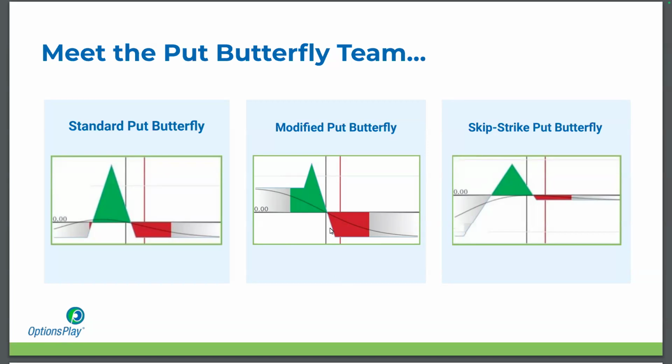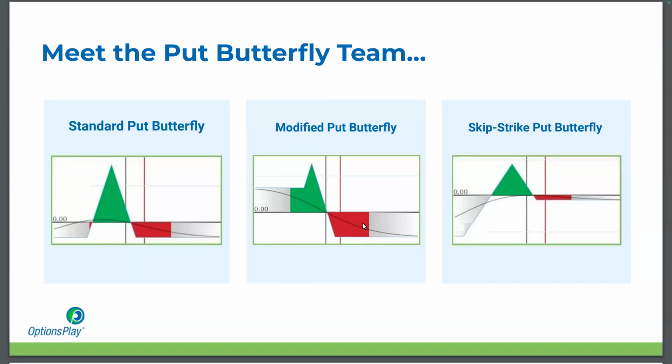We're going to modify the butterfly, so we're going to pay a little bit more up front. You'll notice, even this actually makes sense graphically, in that on a standard butterfly, you pay a normal amount. You can lose that if it's down below, or if it's up above. This is a put butterfly that we talked about. Stock was trading up here, and this is where our middle strike was.